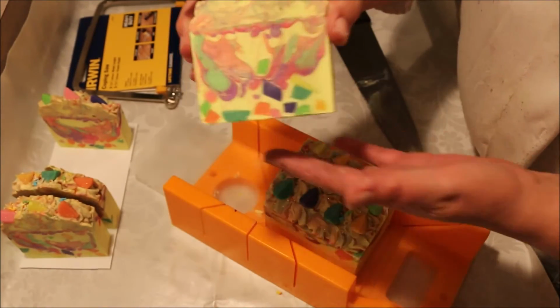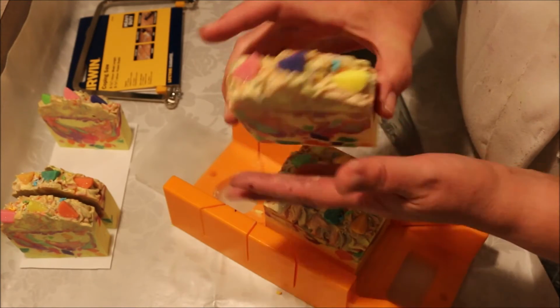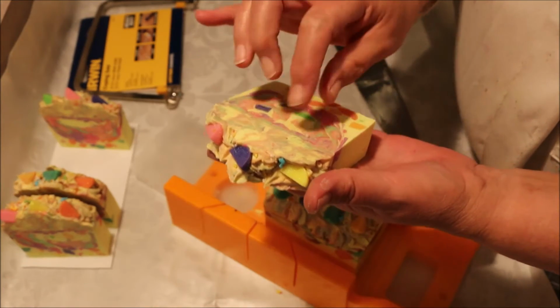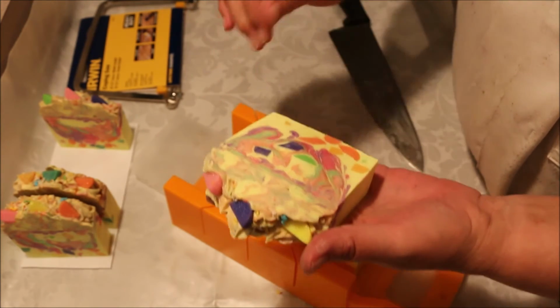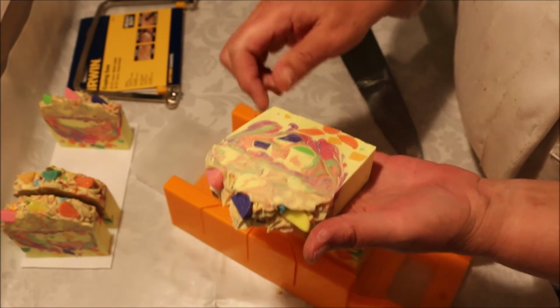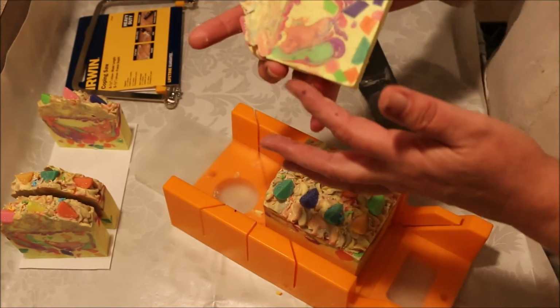Okay. So yeah, that's my monkey poop. What I'll do is I'll finish cutting this and take some stills of the finished bars,